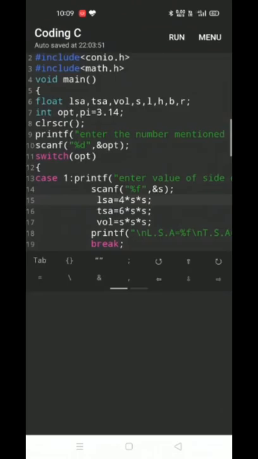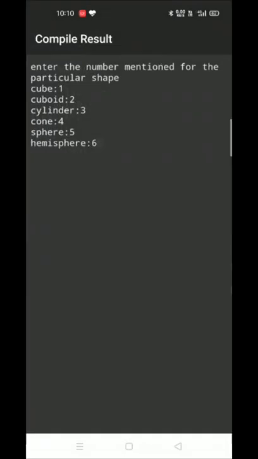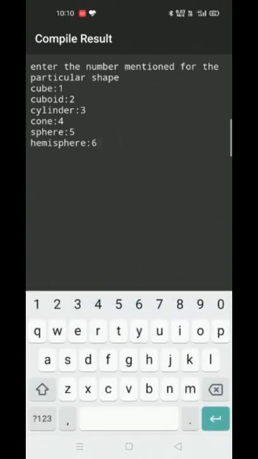And also again we will run the program, and now we'll enter 4 to know the dimensions of the cone. It asks for radius and slant height.